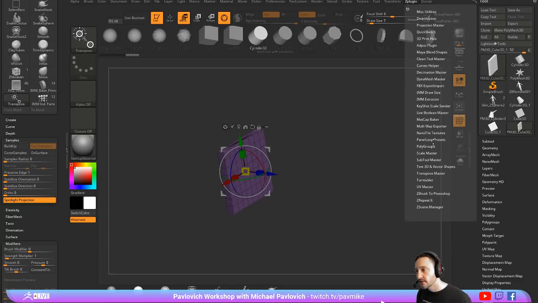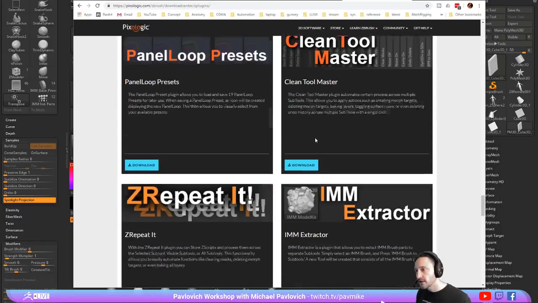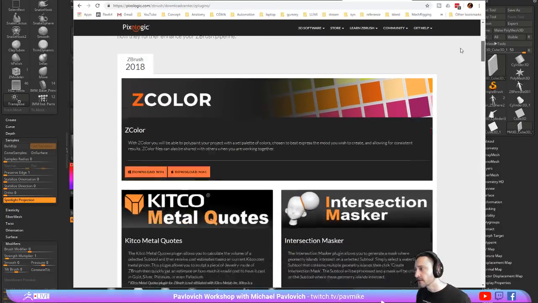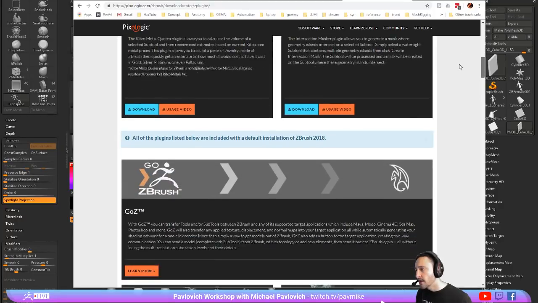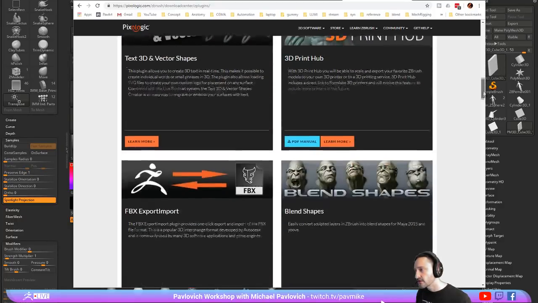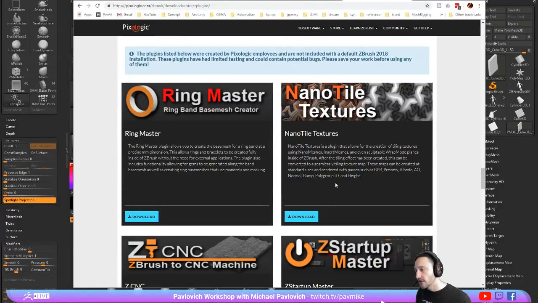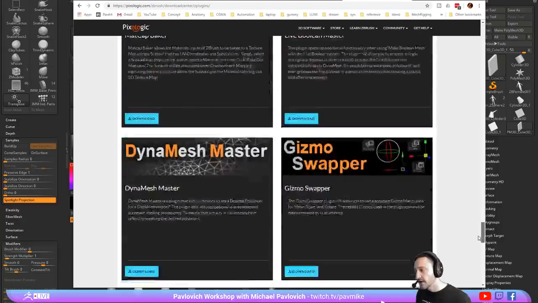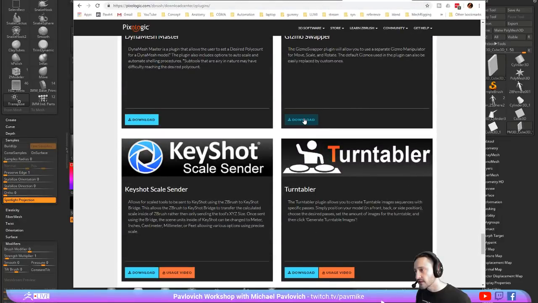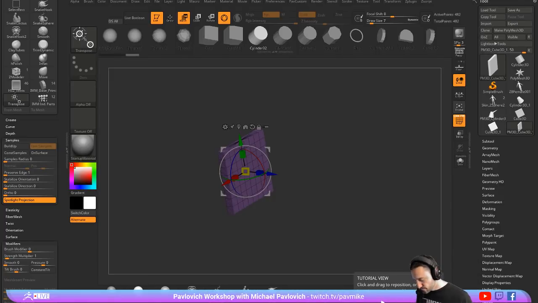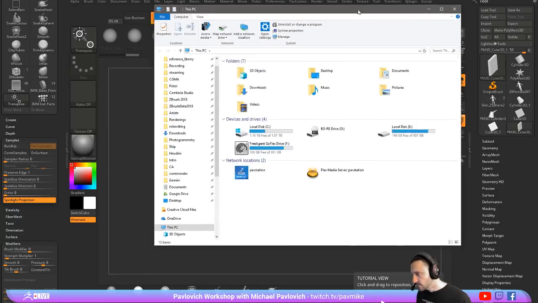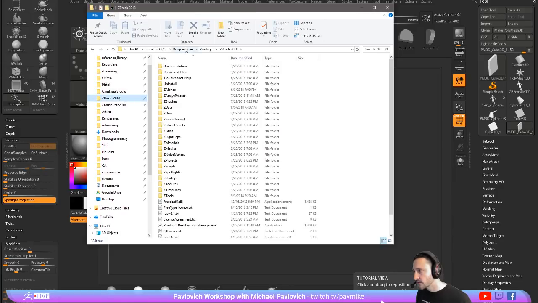Your ZPlugins will end up being over here. So in the Pixologic Download Center, at the very top, these are the ZBrush 2018 new ones that just came out. All of these plugins here are already pre-installed, but if you need to reinstall them, I guess you can get them here. And then all these ones down here were created by Pixologic employees, and you can install them. All you need to do to install them is you just click the download page. It'll give you a zip file. You can 7-zip those extracted files, and then again, just go to your C Program Files, Pixologic ZBrush 2018, ZStartup, ZPlug64,